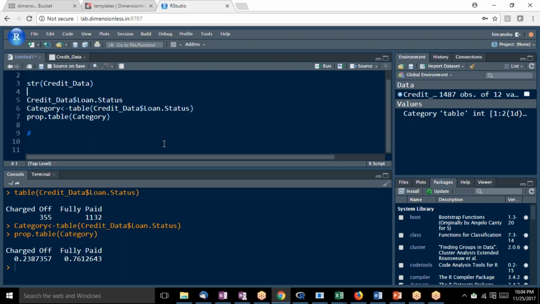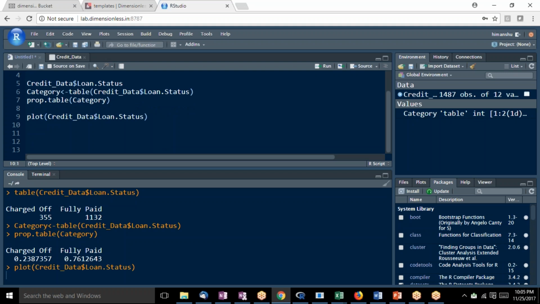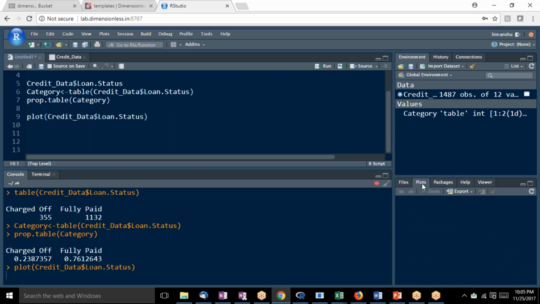Okay, in the meantime, others, you have done this analysis, right? I'll draw a plot also. Okay, I'll come to your question in a while. So you've got this proportion. Now you want to figure out some kind of plot for this data, right? So if I use this function plot, and I say I want to plot this entire data, I'll be able to get a plot, right? Here, if you look at the plots here,